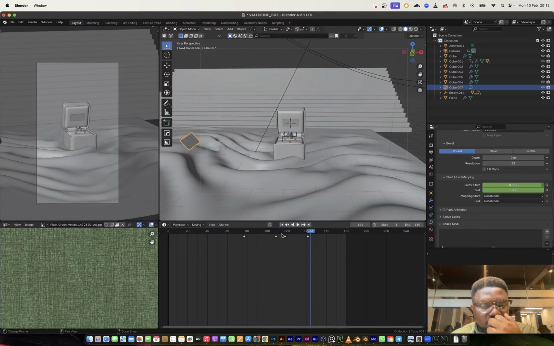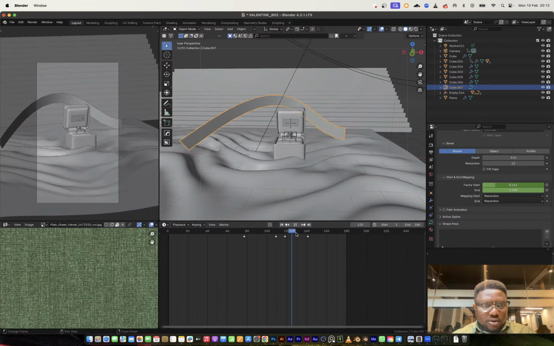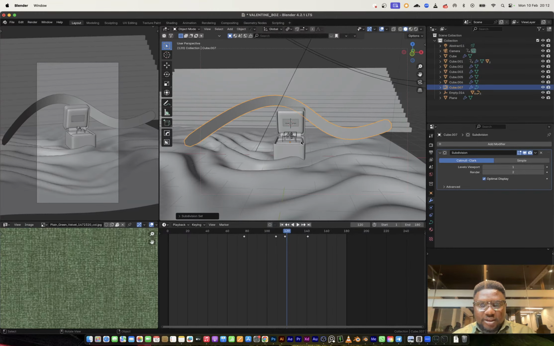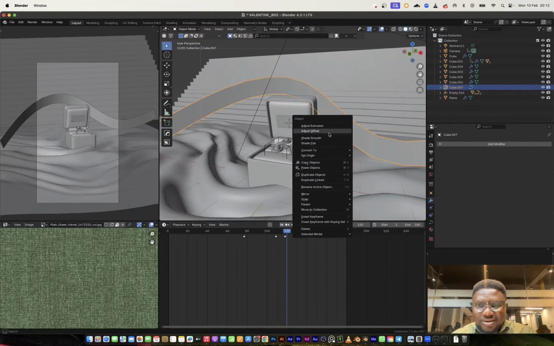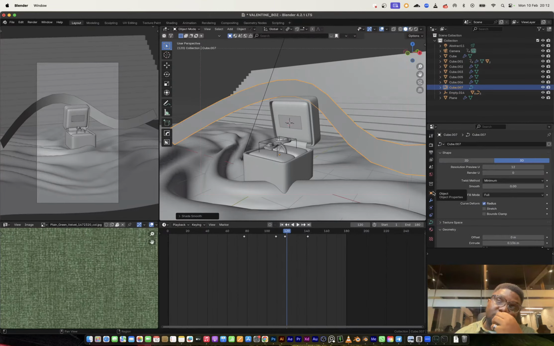Okay, not bad, but there's something off about it. Let me first of all add subdivision. Oh, how can I smoothen this? Shade smooth. How can I smoothen? I think the setting is here.